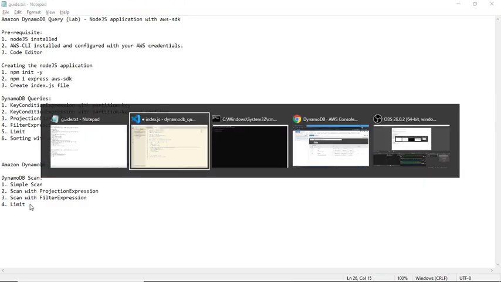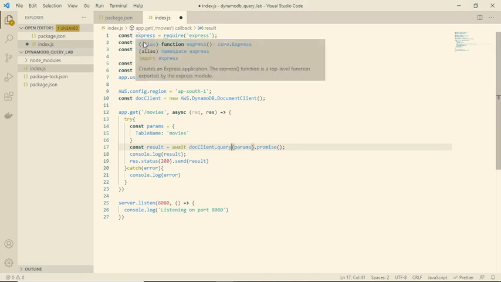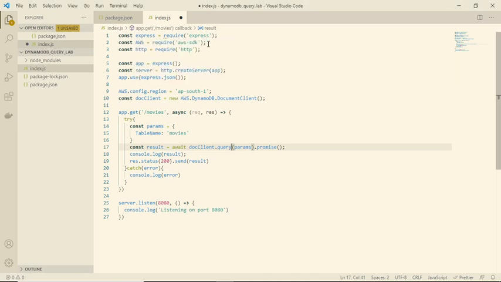So let's start. This is my Node.js application, and in this index.js file, I imported all the required libraries like Express and AWS SDK, and as we are going to use REST APIs, I imported HTTP as well.